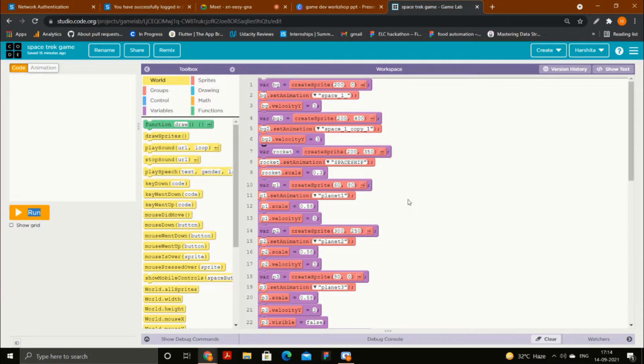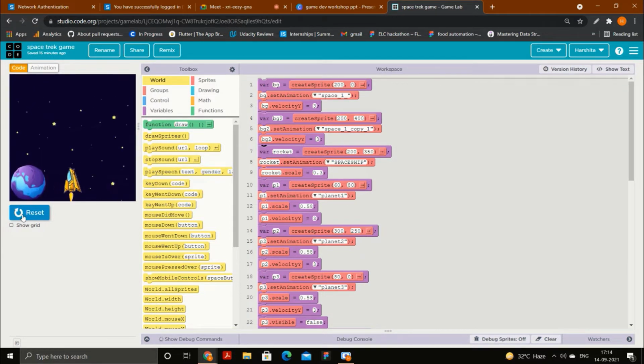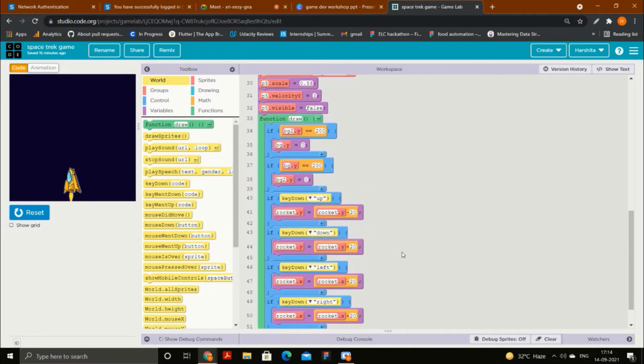So first of all, what we will do now is, we saw in the previous workshop that there was an issue, or you can say an error, in the game, and I will just show you again. The error was with respect to the background. There were two backgrounds. We set the code such that one background will be like this, second will be like this, and they will keep switching. When one background comes approximately up to the middle, the second one will go to the top, and again when the second one comes up to the middle, the first one will go to the top. And this was the coding for that.